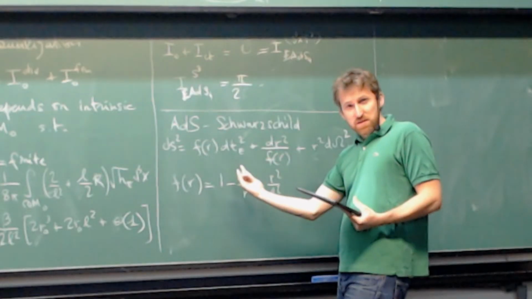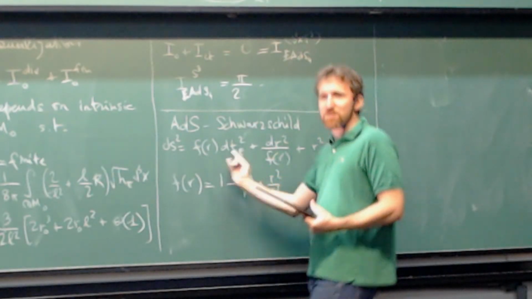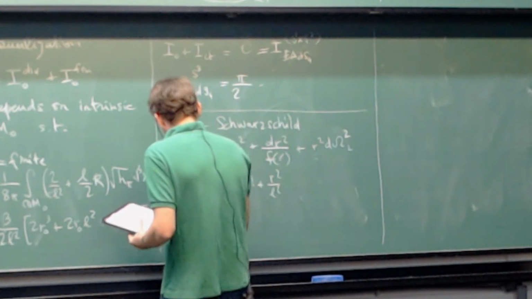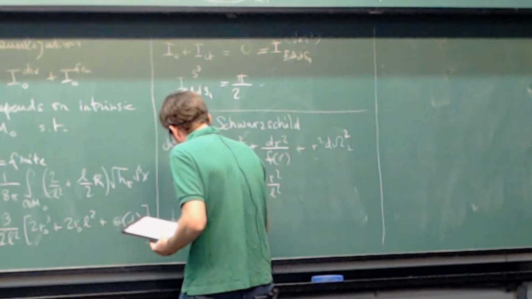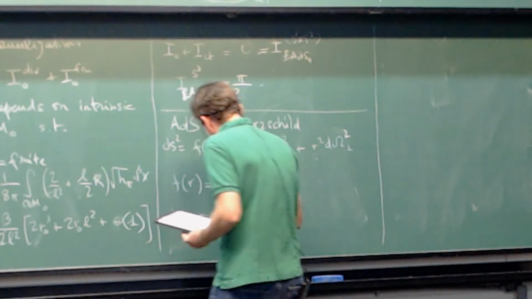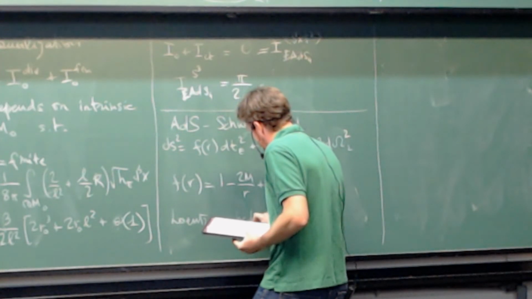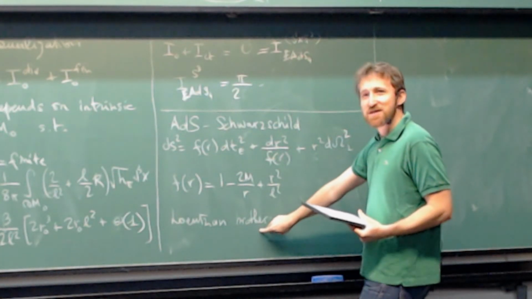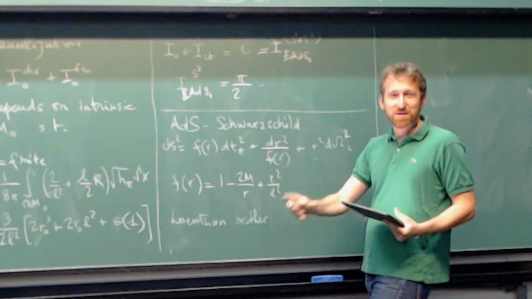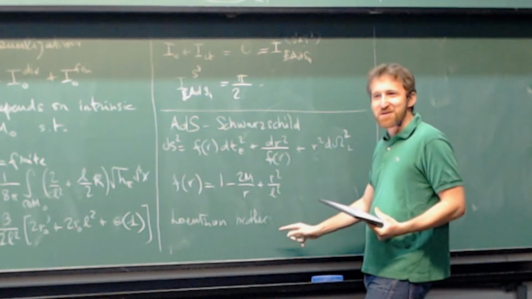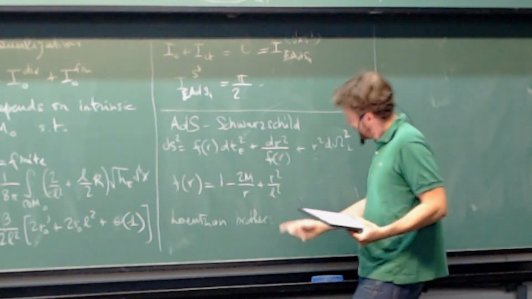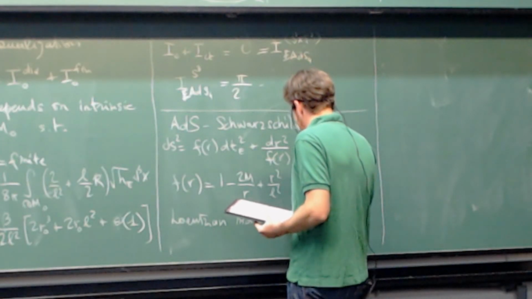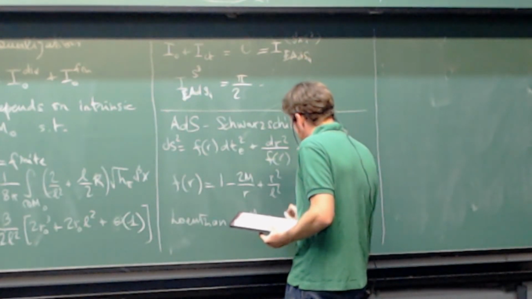When you Wick rotate it, so when you go back to Lorentzian, you can show that the Lorentzian analog, brother, sorry, it has a gender because black hole in Italian is male. Is it the same in Portuguese? Yeah, so it's a brother. Its Lorentzian brother has a horizon, has a Killing horizon